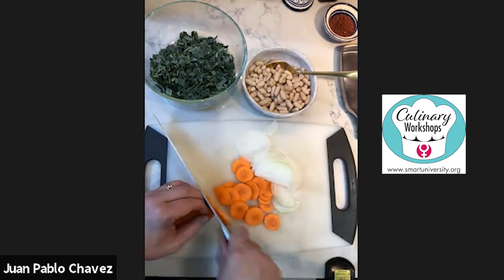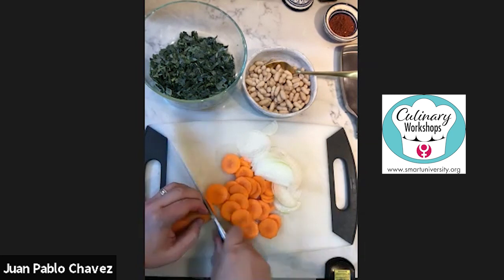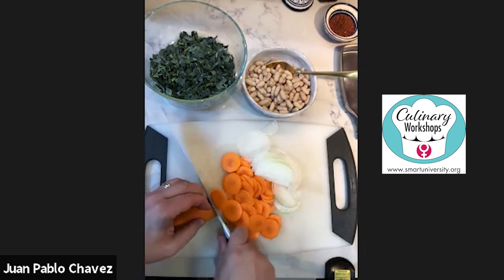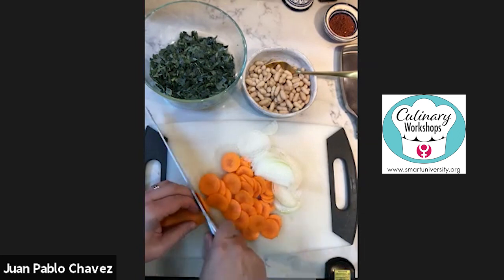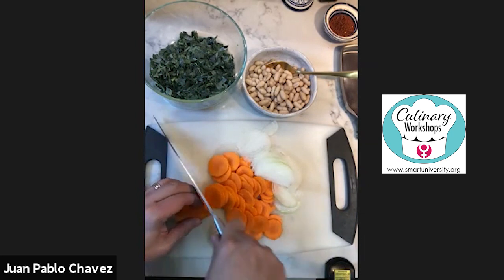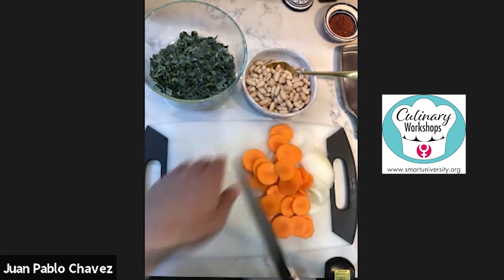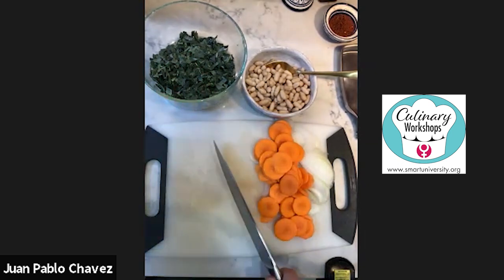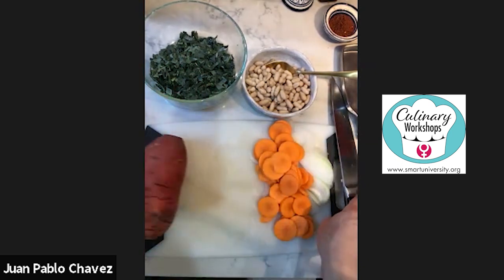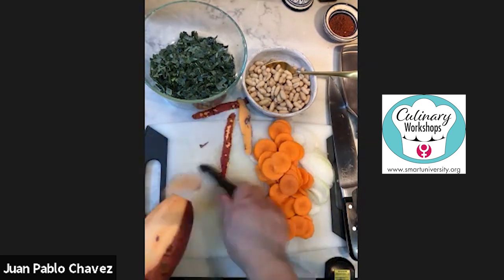The only thing is to do it in thin slices, or as thin as you can, to do the layers. But basically all the magic is going to be done in the oven with the sauce, cooking everything at the same time. So that's why I like to do it. I make a big baking tray with it, and I already have these ready. So I'm going to do the sweet potato. You can peel it if you want. Sometimes I like it unpeeled, but